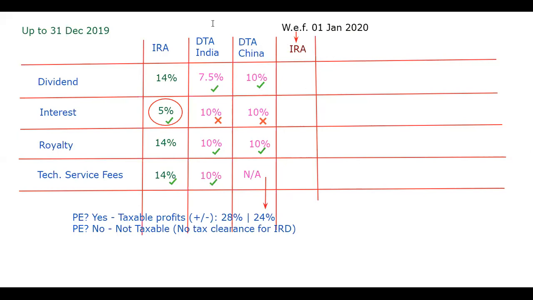Dividend, what is the rate now? Now there is no more withholding requirement. Dividend you are paying to a non-resident person is exempt. The IRA says exempt. If the IRA says exempt, are you going to apply the DTA rate? Exempt. You are not required to apply the DTA rate if it is exempt. Then the interest,